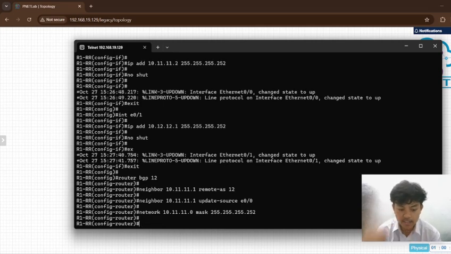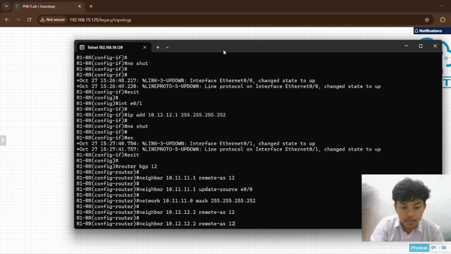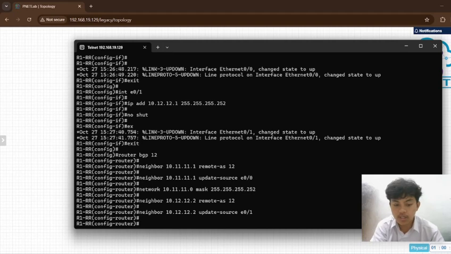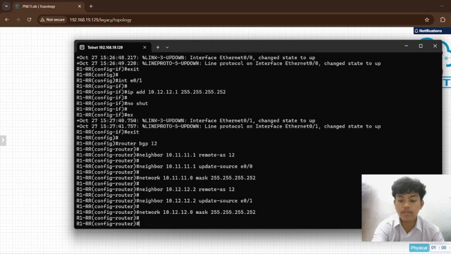After that, the second neighbor is router 3, 10.12.12.2, remote AS 12, neighbor update-source 0/1, and network 10.12.12.0 with the mask, then enter.